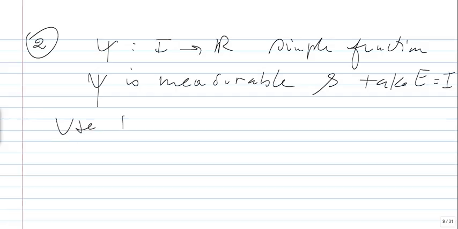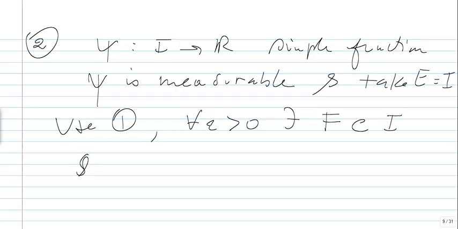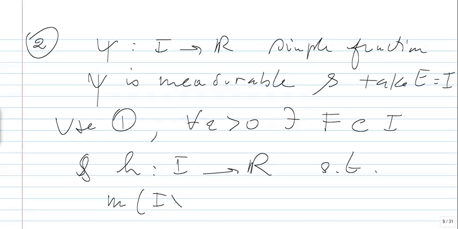So there exists, for every epsilon, F subset of I and h defined on I such that the measure of I minus F is less than epsilon,